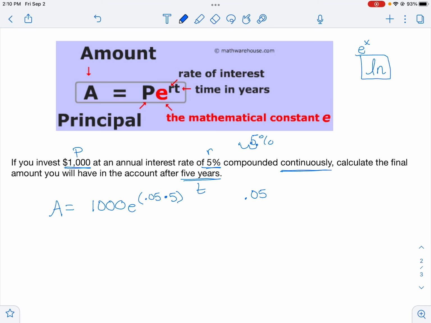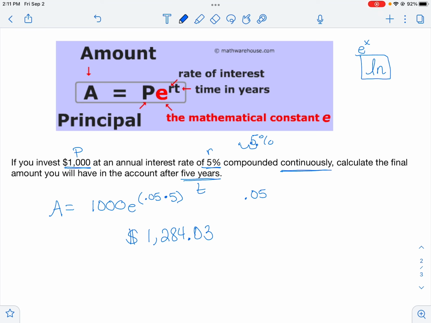It will actually say E on your calculator, and when you plug it in, you will get $1,284.03. So this would tell you that just for it sitting there continuously for 5 years, compounding at 5% annually, you would make